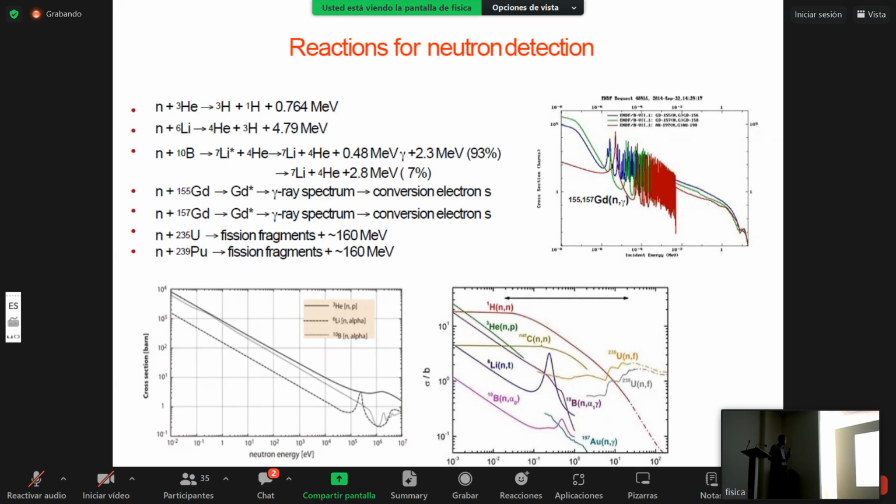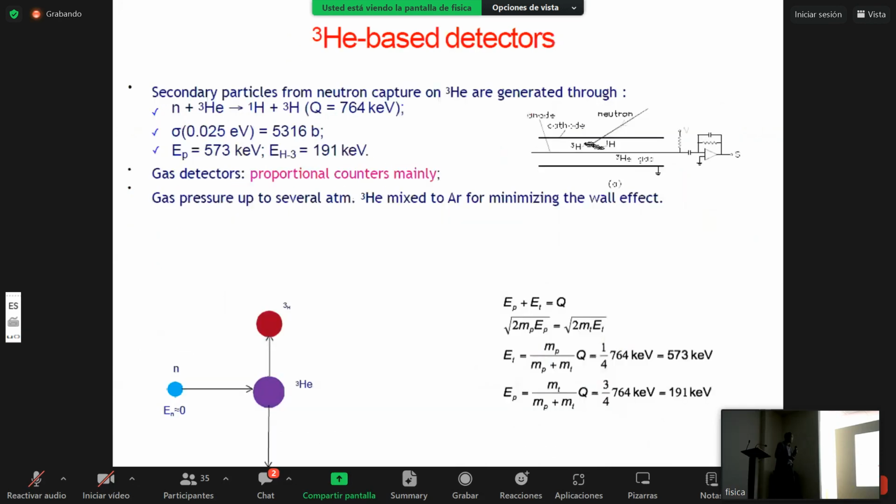This is for cross sections, for example, for fission or for helium. So let's talk about helium-3. All these reactions in reality are used to detect neutrons. And the first and one of the simplest detectors which are used for